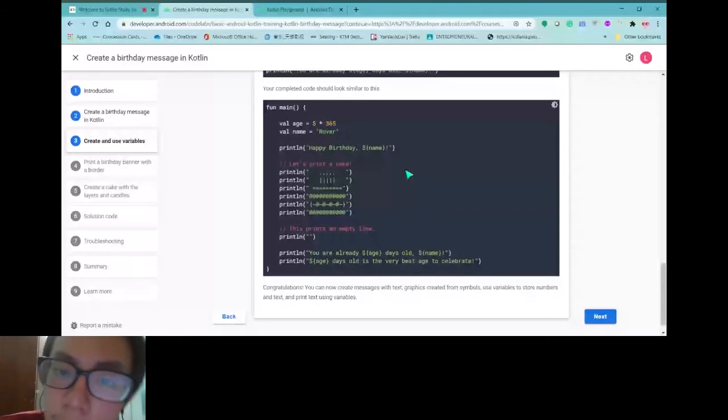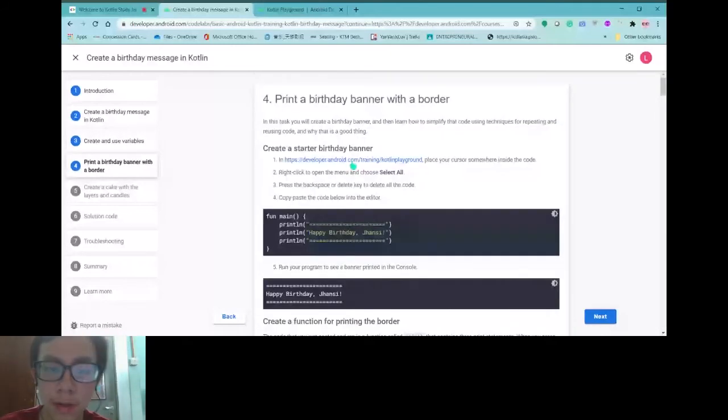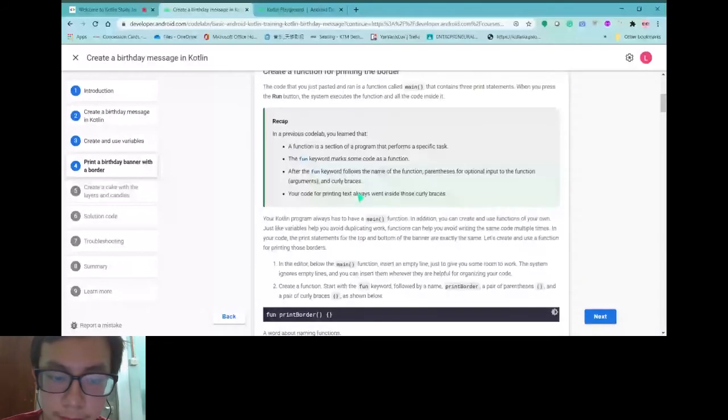So the next part, we come to a banner. You see, the Google developers use all these equal signs as a banner. Okay, I copy this first. They just print it out like this.